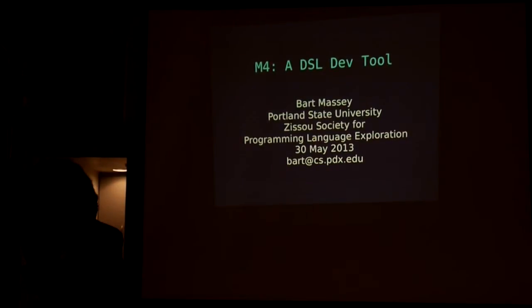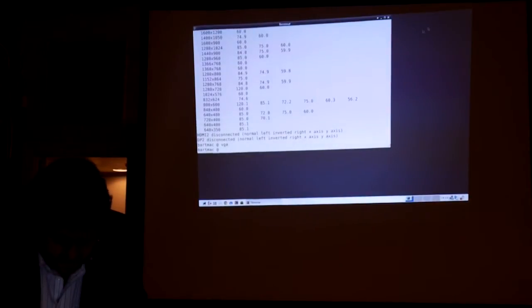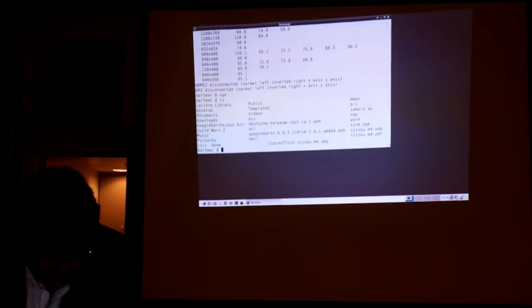So anyway, M4 is one of these systems that I've found incredibly useful over the years. This is maybe esoteric for some Zissou compliant version of esoteric, but